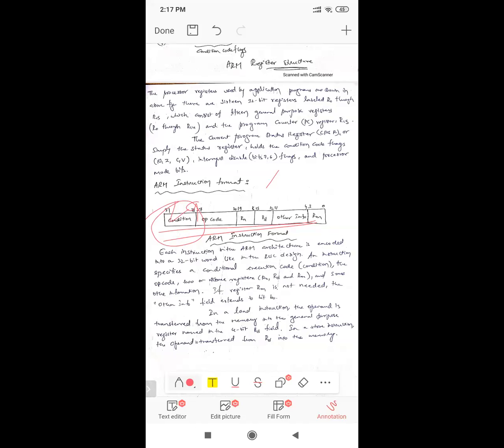If both are not equal, then the branch operation is not performed. It is called branch if equal. To compare, how do we know whether they are equal or not? Perform the subtraction operation a minus b. By seeing the result, you have to know whether the 2 numbers are equal or not. If a minus b is equal to 0, then both are equal. If a minus b is not equal to 0, both are not equal.